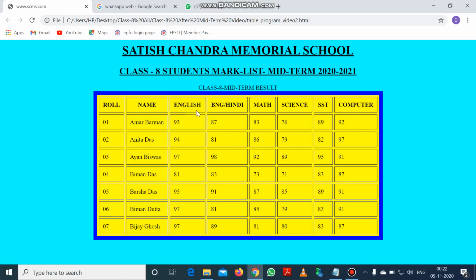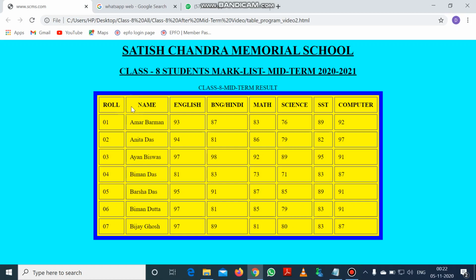And also we set the cell spacing. You can see that between each and every cell there is a gap, so that is called the cell spacing. And cell padding, you can see, suppose the second heading is name. Now you can see between the wall or side of the second heading cell and the word there is a gap. This is called cell padding. Again I am telling, you can see the second heading cell. In this cell, between the side of the cell and the word of the cell there is a gap.